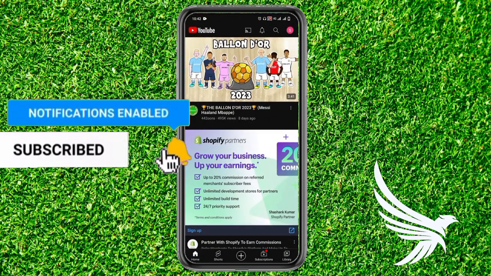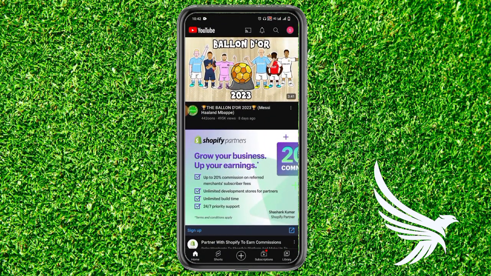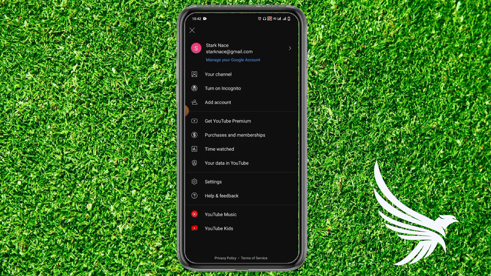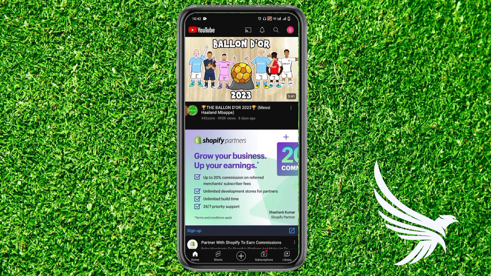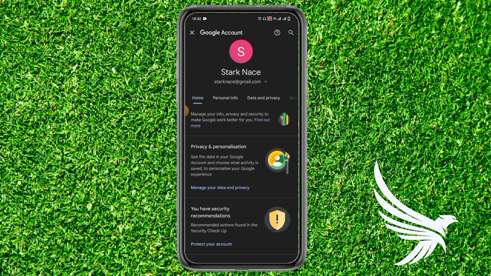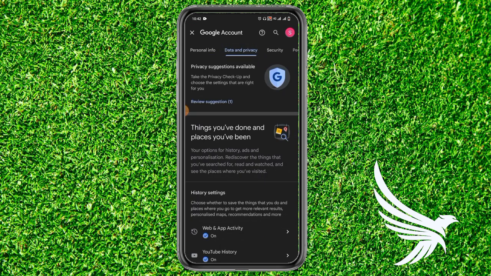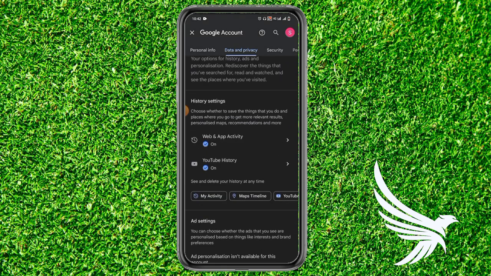So first of all, just make sure that you have logged into your YouTube account, and then just simply tap on your profile and then tap on manage your Google account and go to data and privacy option and scroll a little bit. Then you will get a YouTube history option. Just simply tap on that option